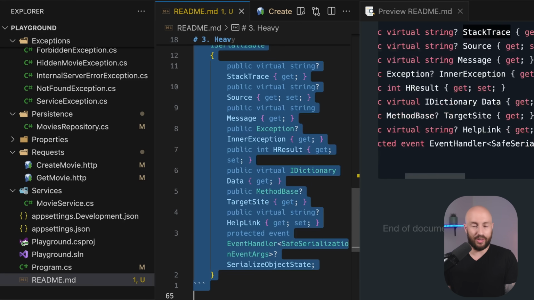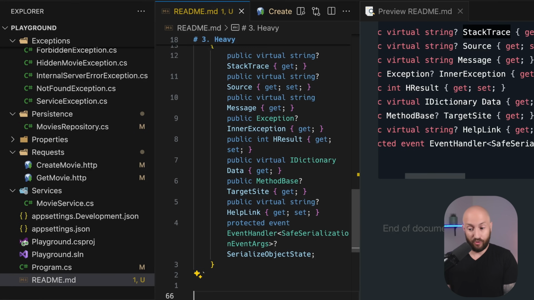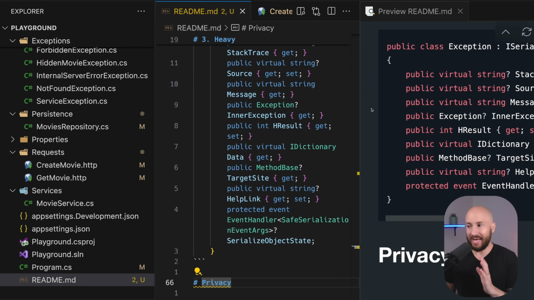Now, where this really starts becoming relevant is in the following two cases, which are, in my opinion, the best reasons to avoid using exceptions in production, real world applications as of today. The first one being privacy. Now, you may be asking yourself, what does privacy have to do with what we're talking about? Well, privacy is a game changer when it comes to programming today in real world applications. The reason for that is that you can't go ahead and log anything you want to the database.